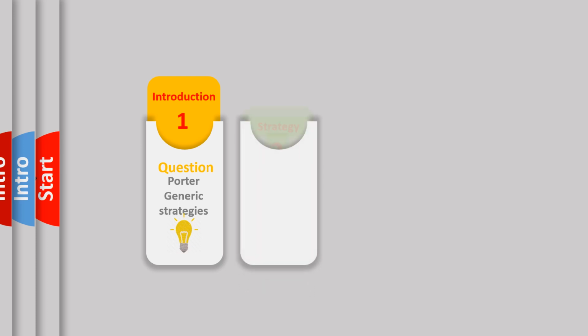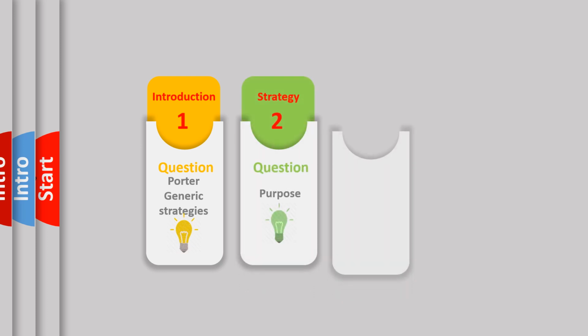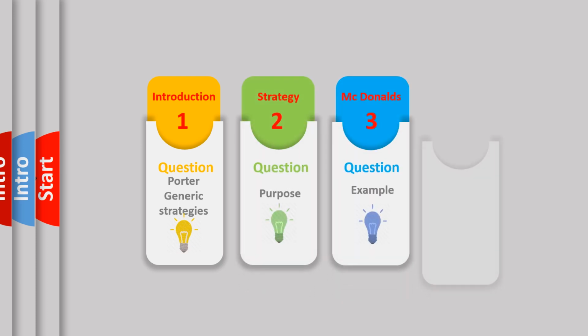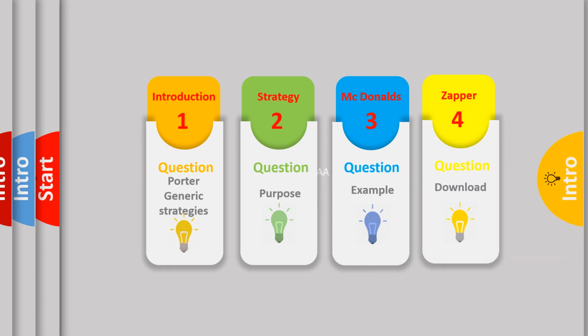Hi guys, so today we're going to be reviewing Michael Porter's generic strategies that he published in his book in 1985. We're going to look at the purpose of Porter's generic strategies, where it actually sits within the organizational structure, and the different elements. Then we're going to look at an example to apply to Porter's generic strategies, and then